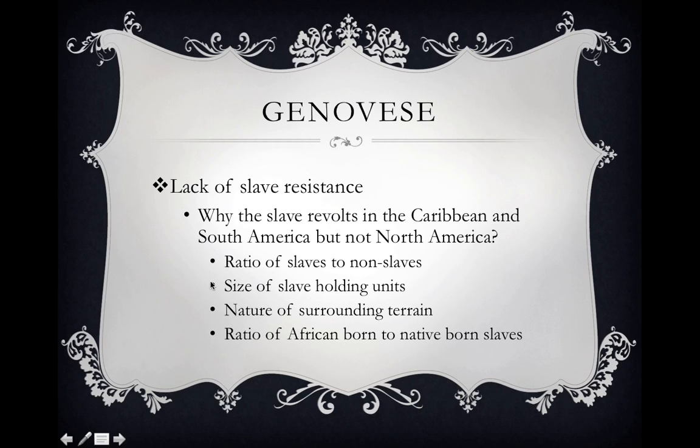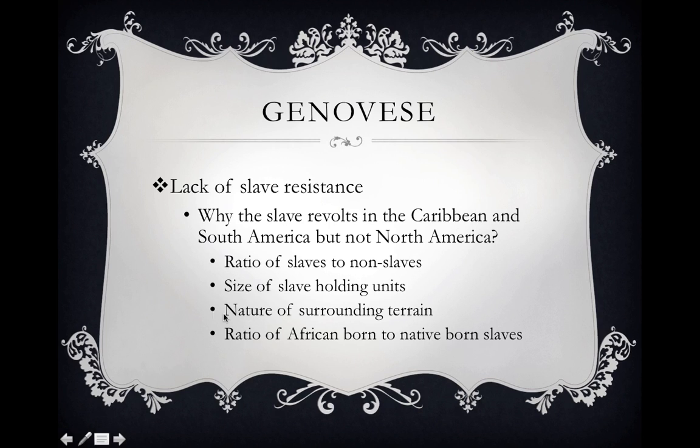Also, the size of the slaveholding units. Most of the slaves in the South were held on relatively smaller ones. The largest slaveholding units generally got to be about 120, while in the Caribbean these units got to be much higher, even up to 200. So when you couple the fact that you have very few free individuals overseeing a vastly larger slave population, and plantation units that have larger concentrations of slaves on them, both of these lead to the Caribbean having more slave revolts.